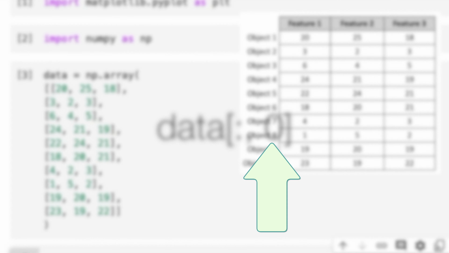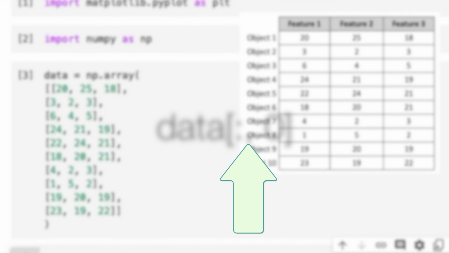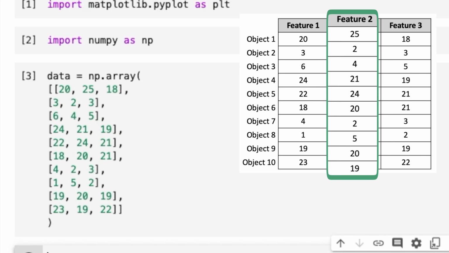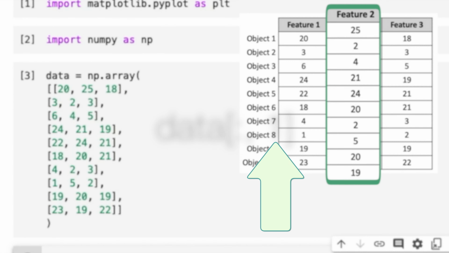That is, we provide the column index after this colon and this comma to retrieve a column. To retrieve everything of column 1, we use data and in square brackets we provide colon, comma, 1. Again, the colon symbol stands for all rows and 1 stands for column index 1.